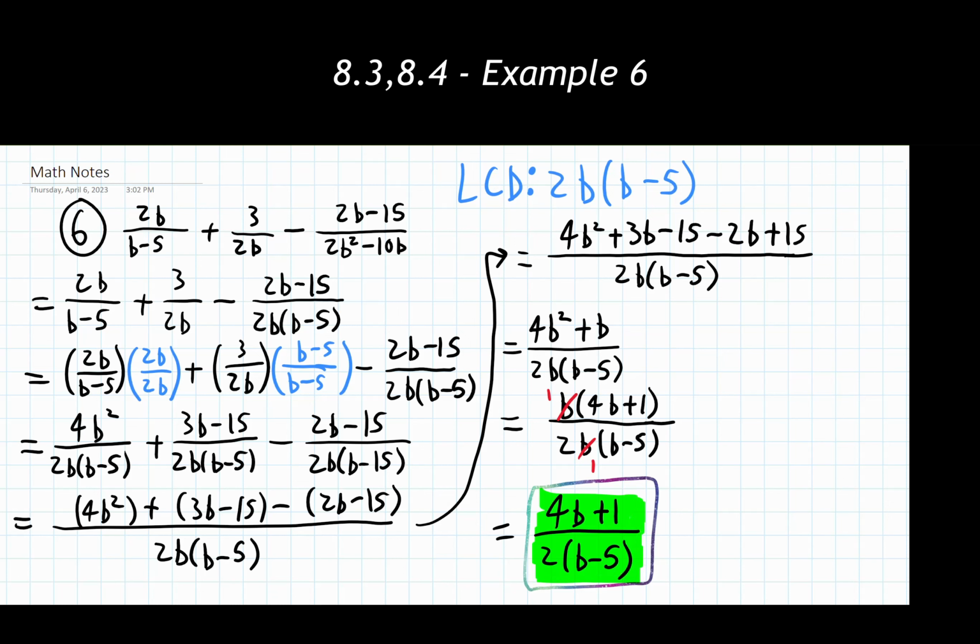It should be noted, as showing up with some of these other examples, and we have it here, you are welcome to leave your denominators in fully factored forms. You can and sometimes will see the final answer with the denominator having everything multiplied together, but that's not necessarily a requirement. Leaving the denominator fully factored is perfectly acceptable to go through and use as you're going through these problems. And it saves you some steps at the very end, like we have here, because now we're done.